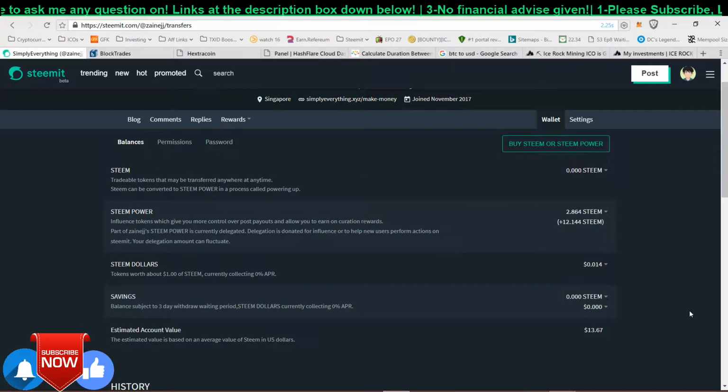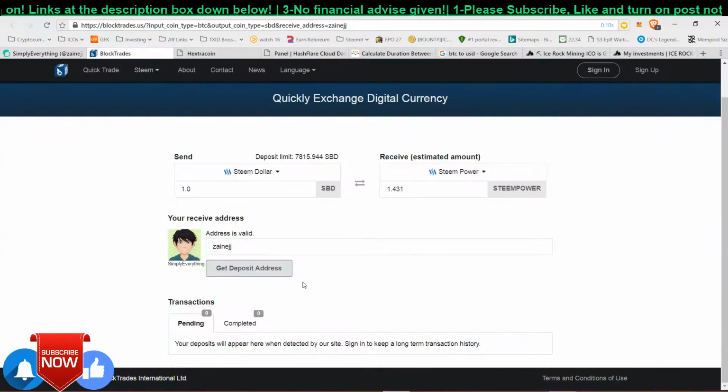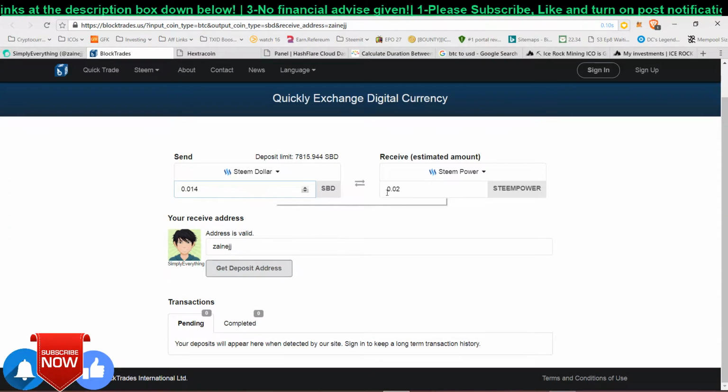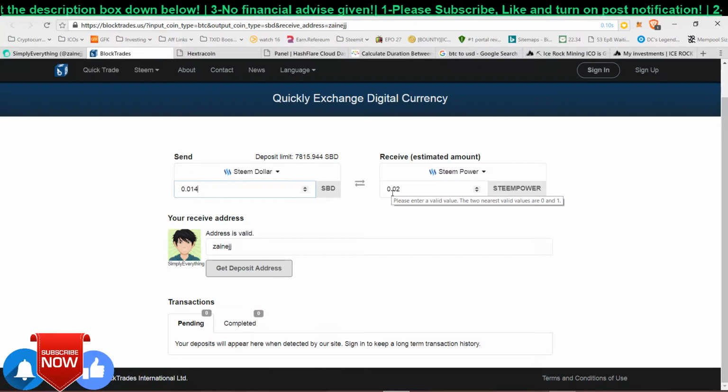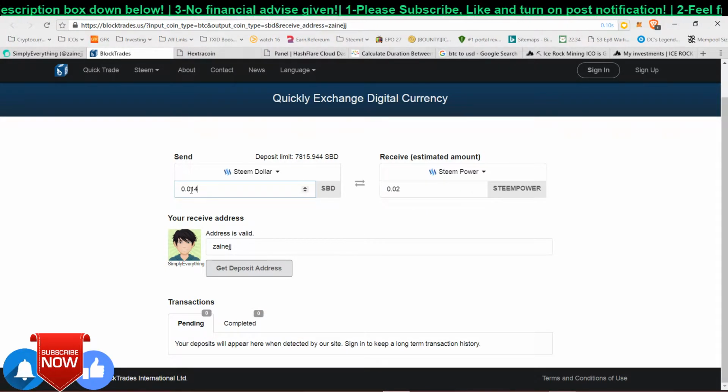If not Steem dollars, you can just simply look at your profile, and after that just copy it. I will just simply copy this, and head back over here, and just click on this. So it will be calculated, and I'm gonna get 0.02 Steem Power for 0.014 Steem Backed Dollars. So just enter your username and get the deposit address, and after that